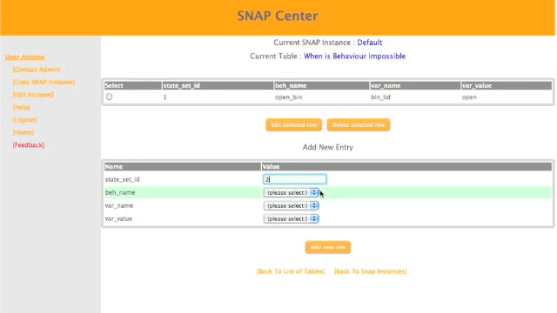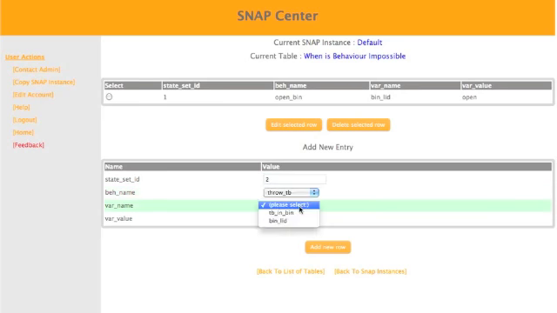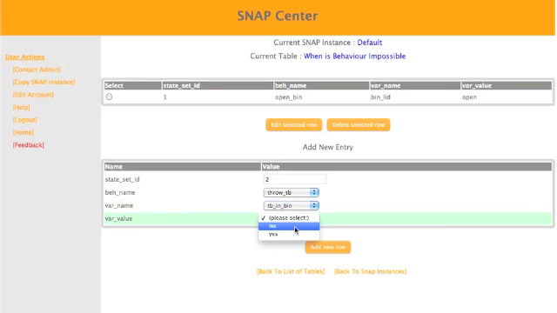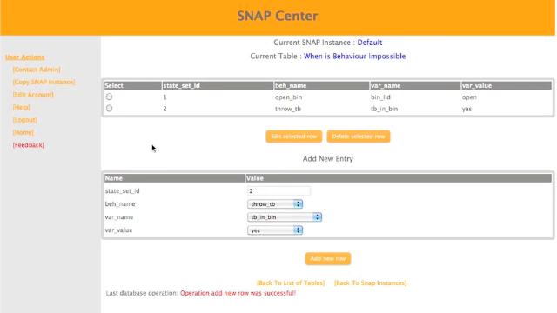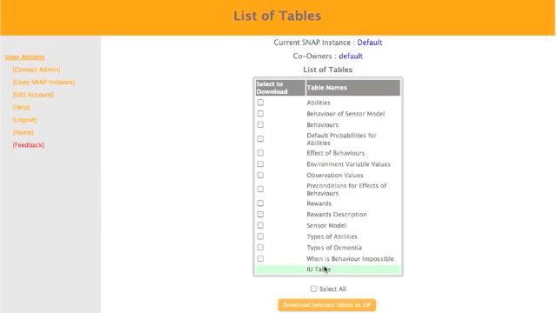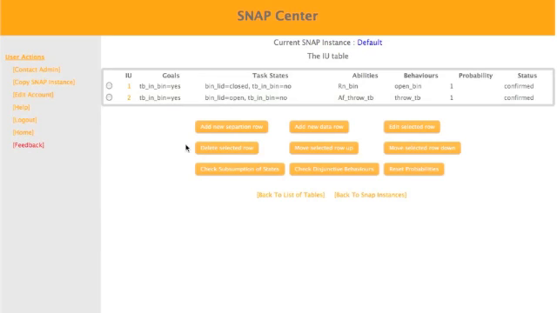We'll add a second situation where behavior is impossible, so it is not possible to throw the tea bag out if the tea bag has already been thrown out. Okay, now we're done. We can go back and have a quick look at our IU table to make sure it makes sense. And if we're happy with everything that we've done so far, we are finished, and we can